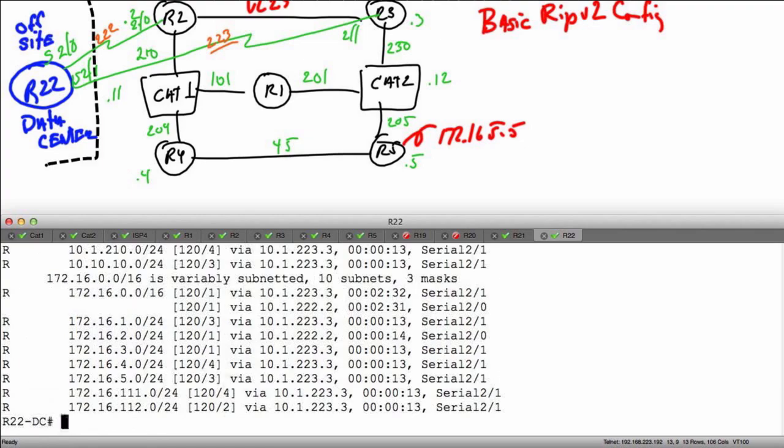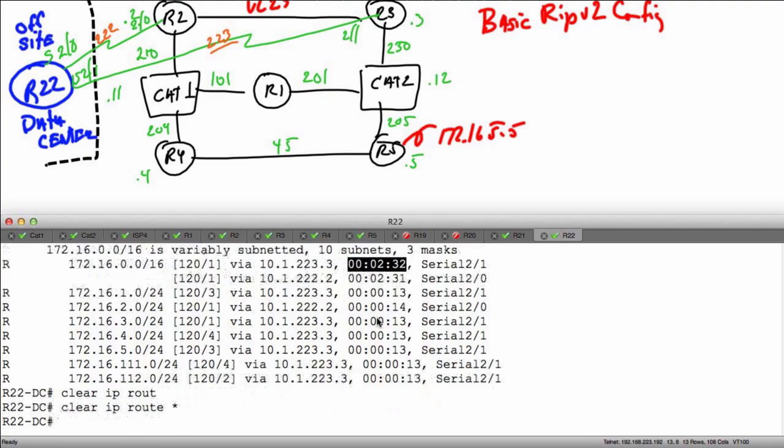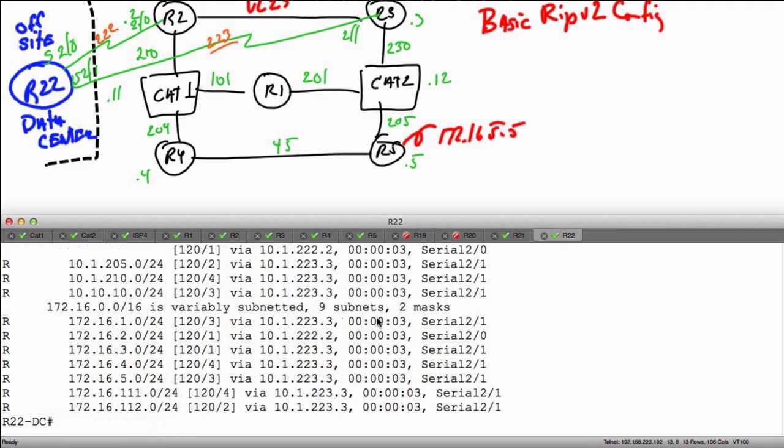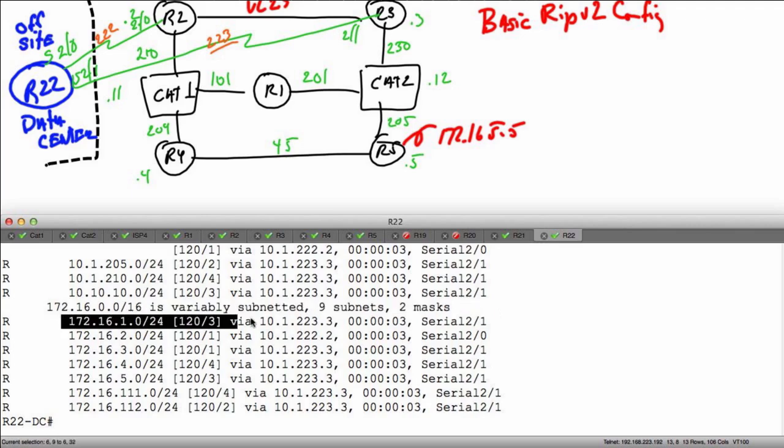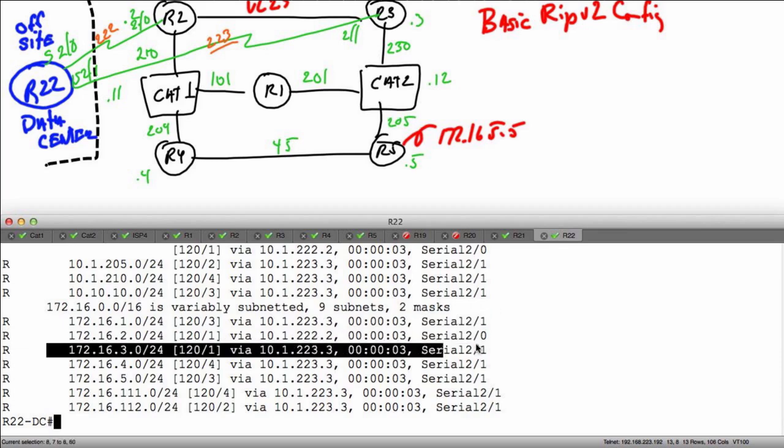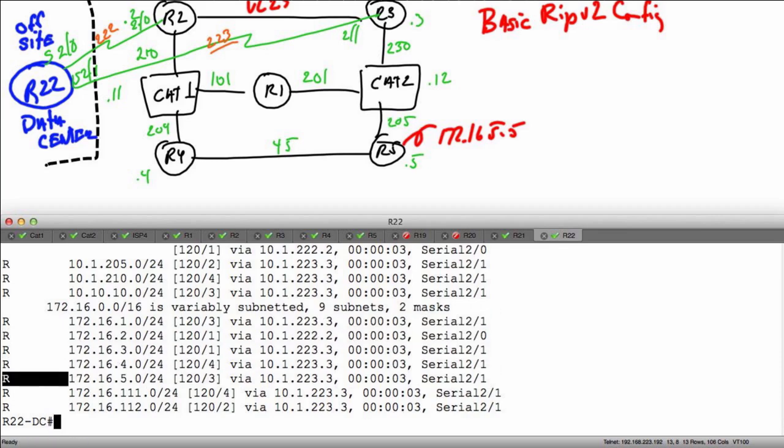Now, if I didn't want to wait that long, which I don't, what I can do is say clear IP route star and hit enter. And then when I do my show IP route RIP, what we're going to find is that my /16 is here, but it's not being learned as a /16. I'm learning about all of my individual /24 prefixes, including those that are even running on Cat 1 and